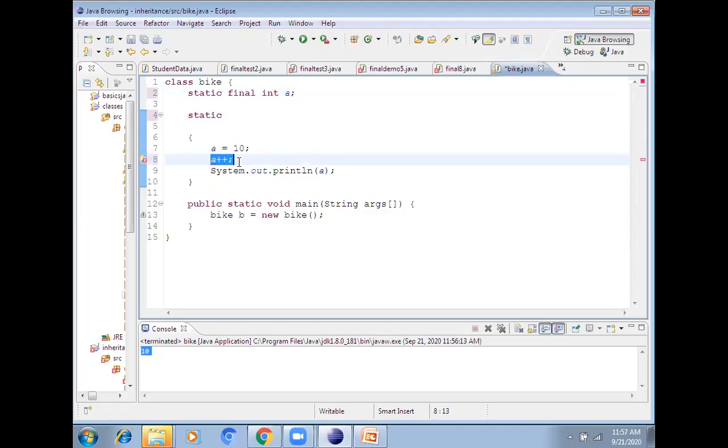So what is a static block? You can access the static blocks through a class only. It is accessed through the class. For example, what's my class name?